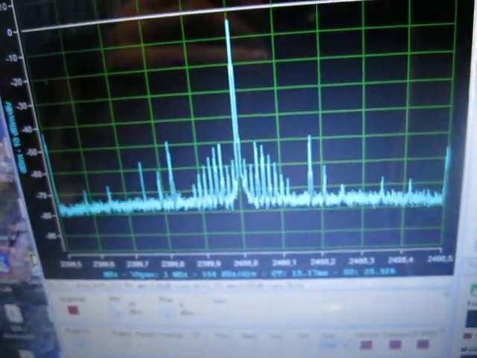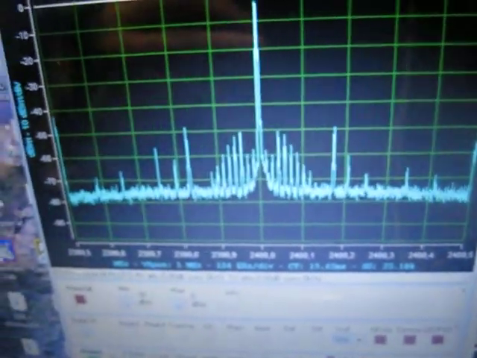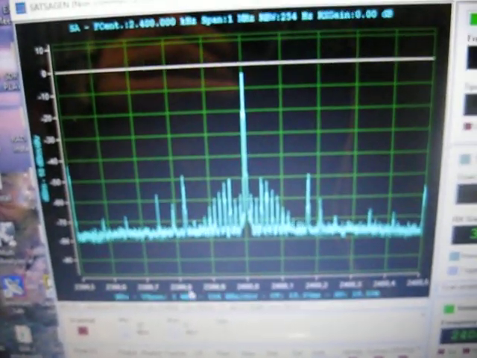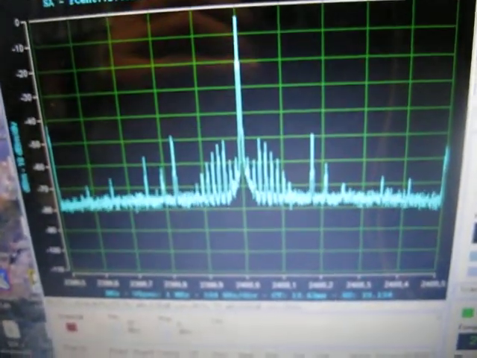For some reason it is not working. Don't know why. Let's stop, or it cancels by itself, or let's power it off and on again. Let's first start the generator and then the spectrum analyzer. Well, this is new,